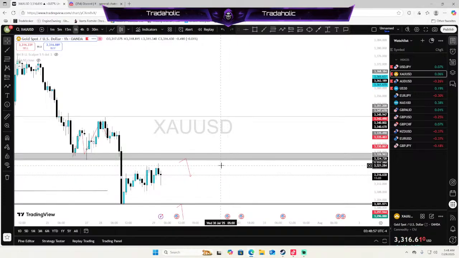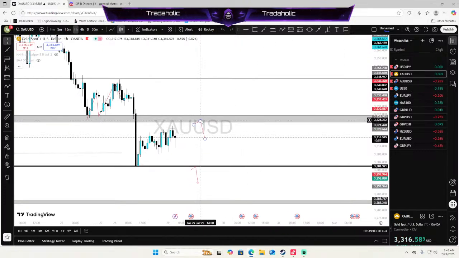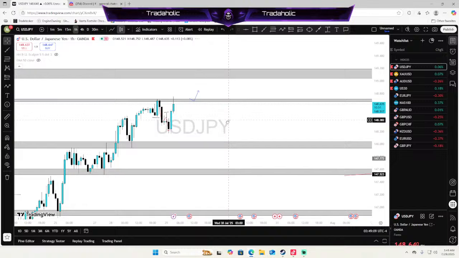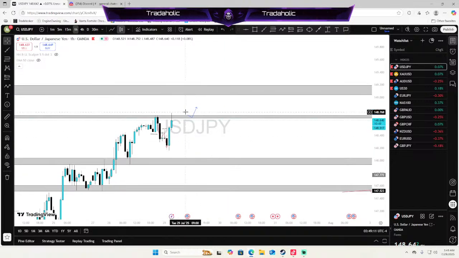No, I'm not in any buys, bro. The arrows you see on the screen are what I'm waiting for. You see an arrow here. That means I'm waiting to sell in this area. You see an arrow here. I'm waiting to sell around this area. You see an arrow here. I'm waiting to buy above this area, but no entry yet. I need candlesticks to close above my areas or reject my areas to take a trade. So until we have a closure or rejection, I don't take a trade. Right now we're just sitting here being patient, waiting for this hourly candle to close.